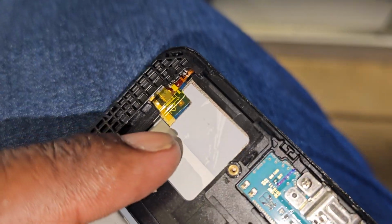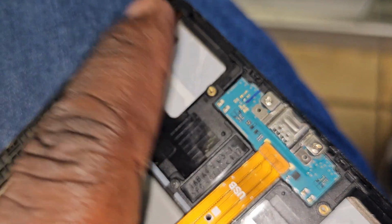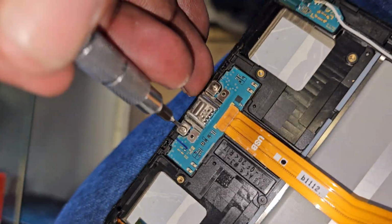There seems to be no contamination here. This could be the backlight or the digitizer connection for the LCD. So I am now going to remove the